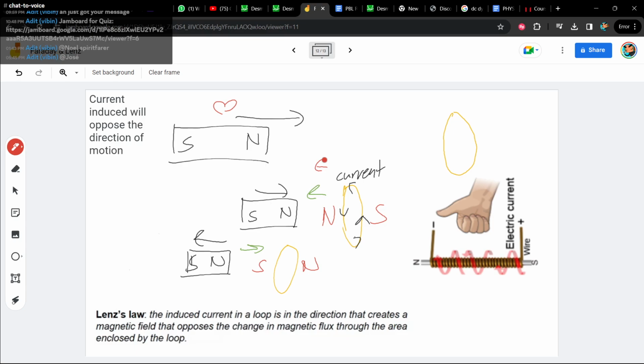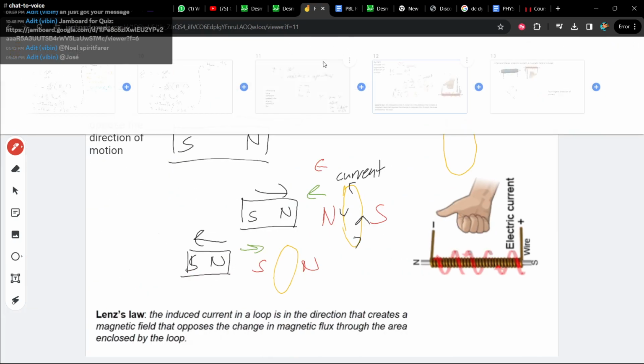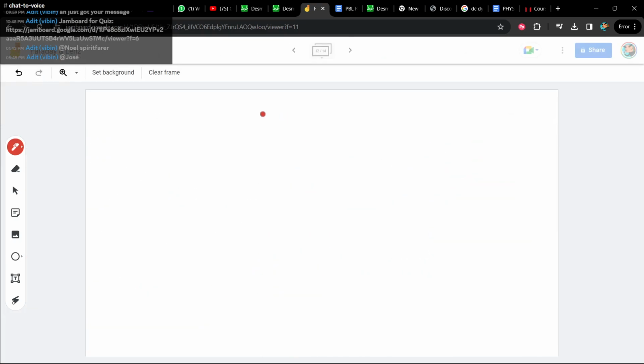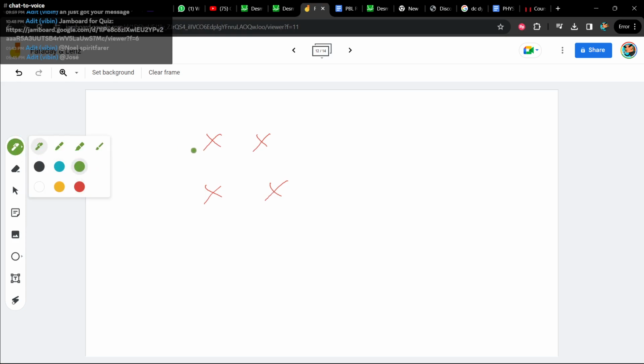Keep this in mind, because right now it's quite simple to see, but sometimes you'll have cases where the magnetic field might be going inside. It's not easy for me to visualize it for you, but you can try putting your thumb in front of you. Not current, your magnetic field. When your magnetic field is going inside,